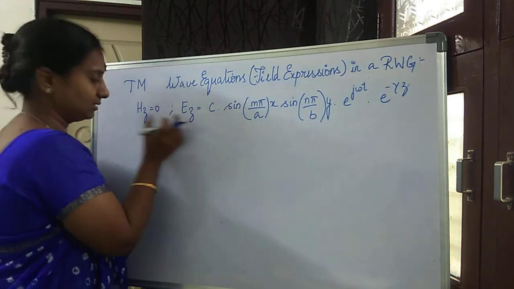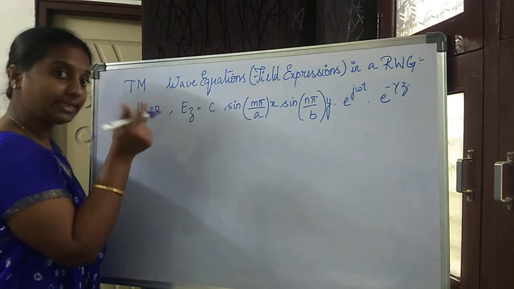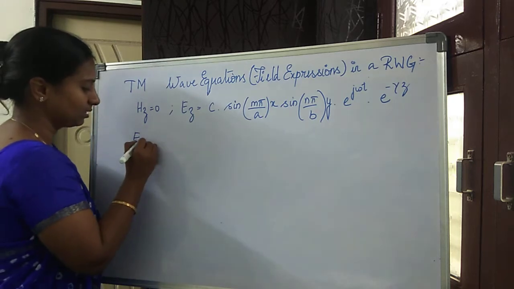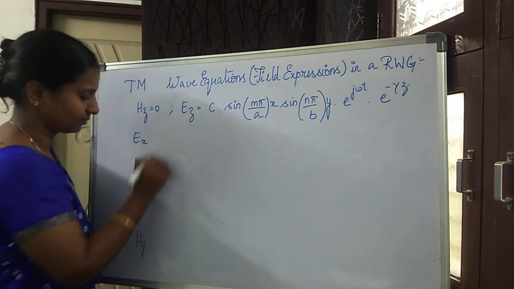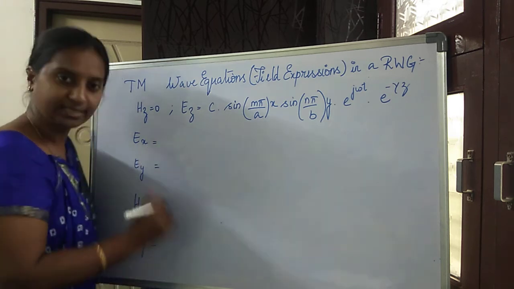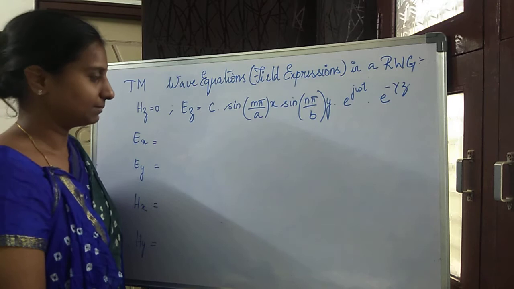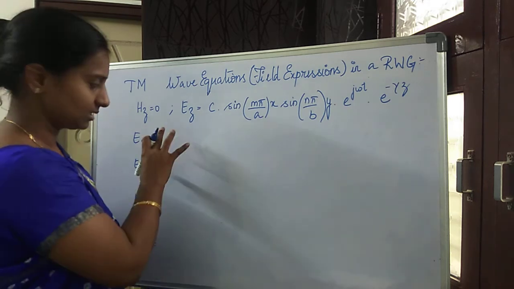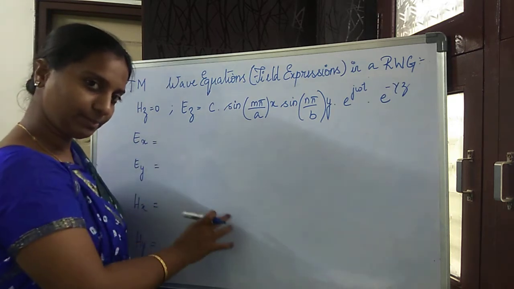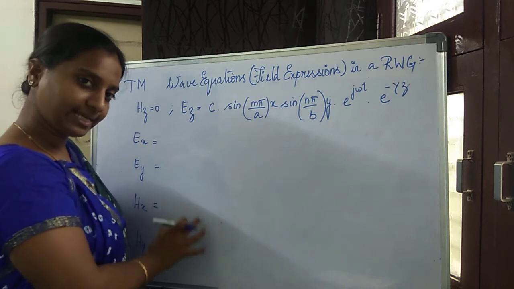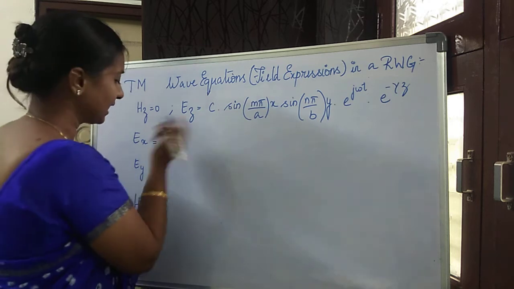So this Ez and Hz we know, and when we know Ez and Hz, we can substitute these two in the general equations for Ex, Ey, Hx, Hy. I think you can do it. If you have not done it, please try it on your paper. We had the set of equations in terms of Ez and Hz, remember? In those terms, please substitute Hz and Ez, which are given here, and I will be obtaining